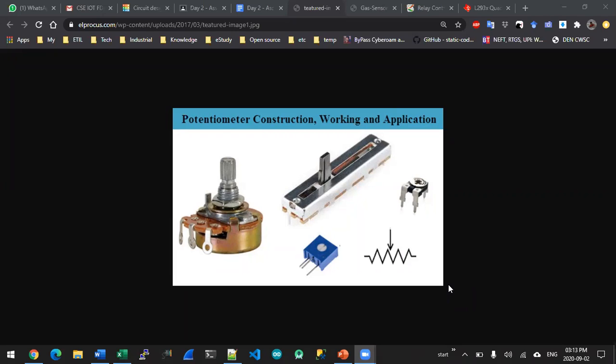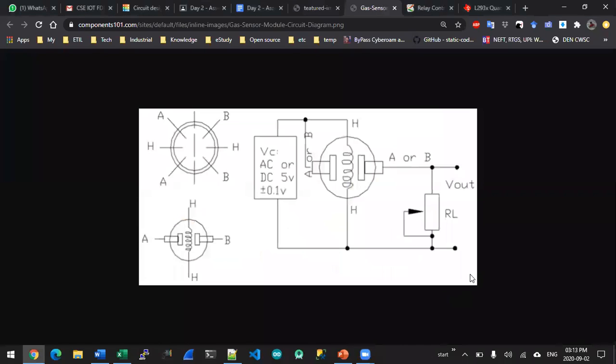Okay, and the third one is the gas sensor. The gas sensor which we generally use consists of 6 pins, and this will also act like a variable resistor. There are various kinds of gas sensors available, some detecting alcohol, some detecting carbon monoxide, and so on. In Tinkercad, a general sensor is available, and we can just increase or decrease the gas.